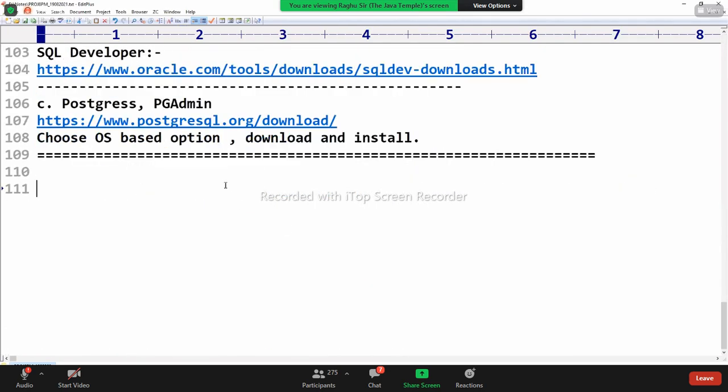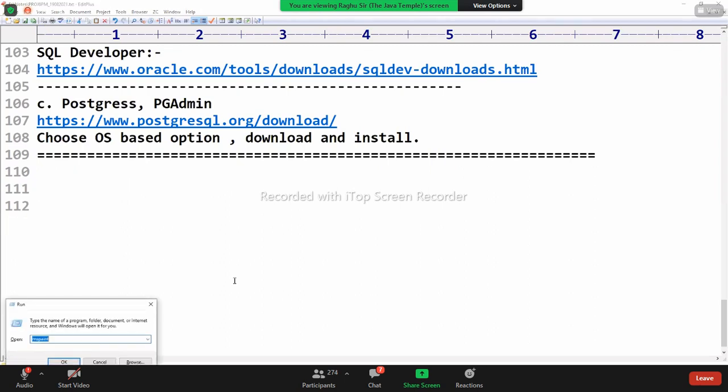Please upgrade your RAM to 8 GB. That makes your system a bit faster. Try that. 4 GB is okay, but if you use 8 GB, that will be really better. My system is also 8 GB.